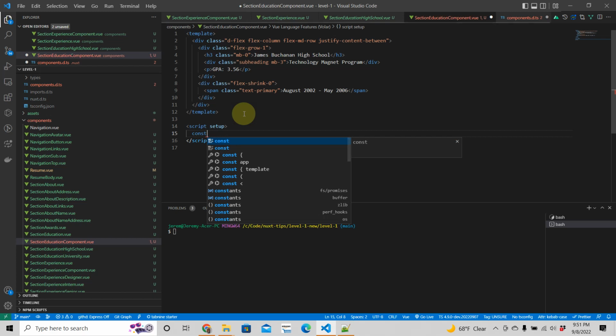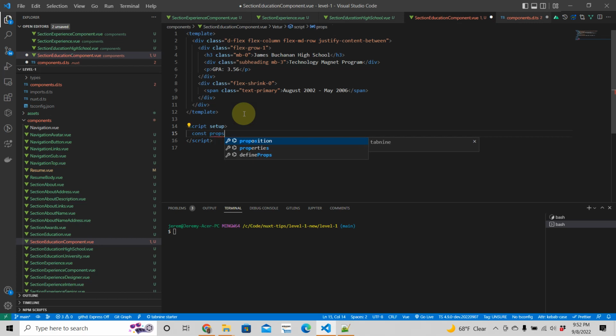And we don't need to return these props because we're not using them anywhere else in the app. Say const props, defineProps. That is a function, I guess. All right, defineProps. And we're going to say the first prop,